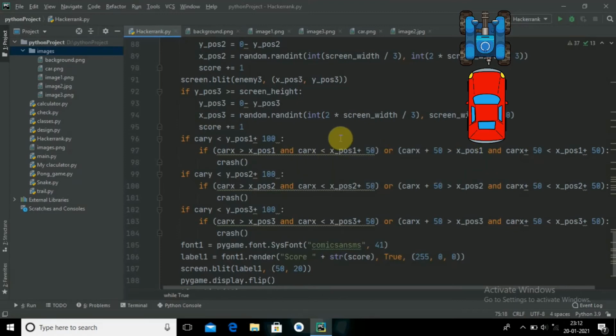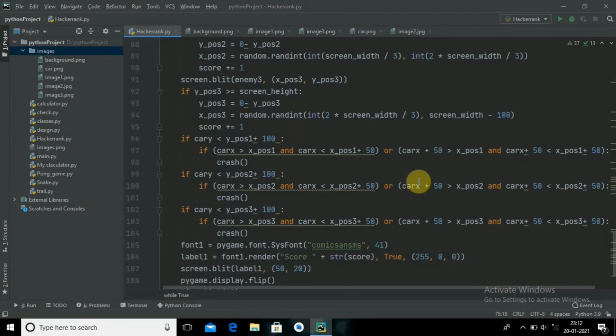If you make the car a rect, you can use the get rect method, and you can easily write a condition with collide rect. When two rectangles collide, the game is over. You can do it in such a manner also, but in this I have taken the surface method, as in the 3 to 4 games I have created till now I have used the get rect method. But we also need to know about the surface method, so I have used surface conditions here.